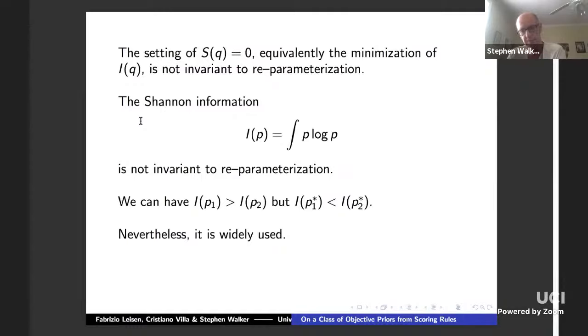So you can change the order of the inequality just by doing a reparameterization. But the point is, it's widely used because in many contexts, there is the advantage of being able to use it without spending the next part of the research agenda